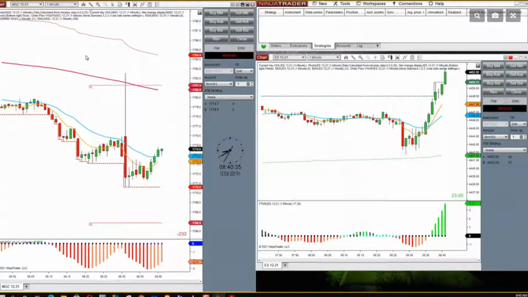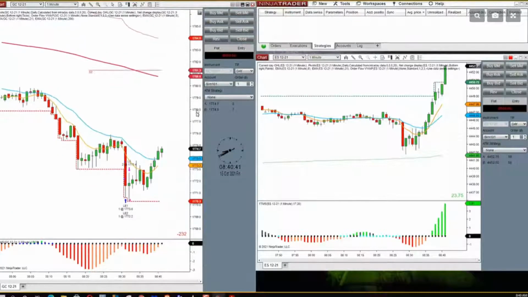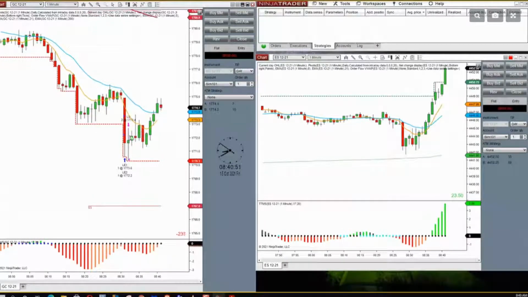So if you go back to gold, though, what's the lesson to take away from today? You got a reversal, but the size of the move makes a trap trade not work. You'd have to have like a 50-tick stop, 40-tick stop for that type of a reversal to work, okay?